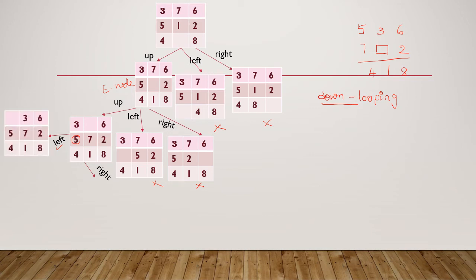If I move the left tile into the empty slot, this is the resulting state. If I move the right tile, this is the resulting state. Now one more time let us observe these two states, or these two nodes, with the goal state. Let us compare. If you see the first row, here I have 3, 6. These 3, 6 are matching with these 3, 6. They are in the same position and they are in the first row also. Similarly, in the second row, I have 7, 2.